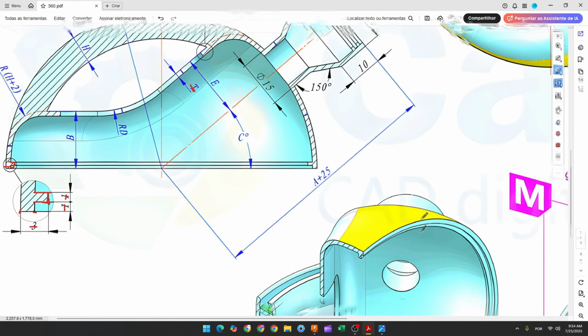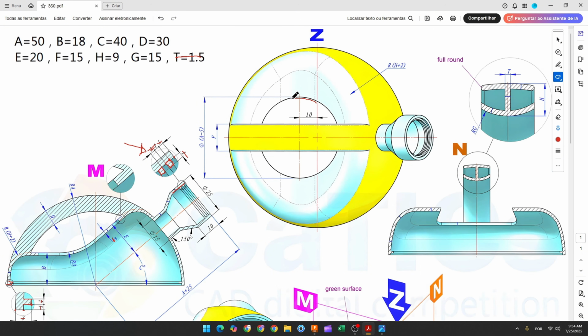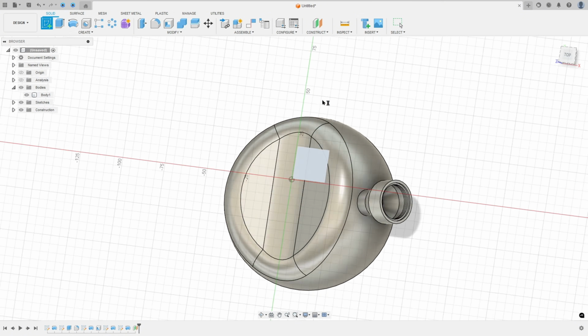Now we will create this cut here, this cut, okay. We know that the diameter of this cut is a minus 5, so it will be 45 millimeters of diameter, and the distance between the center of this circle and the midpoint here is 10 millimeters, okay. So to make this, we'll create a new plane, the offset plane, select the top plane here, 80 millimeters of distance, go to create a sketch, select this new plane,